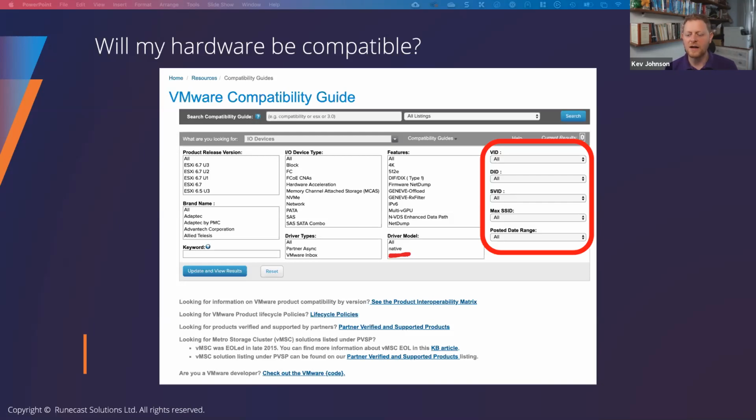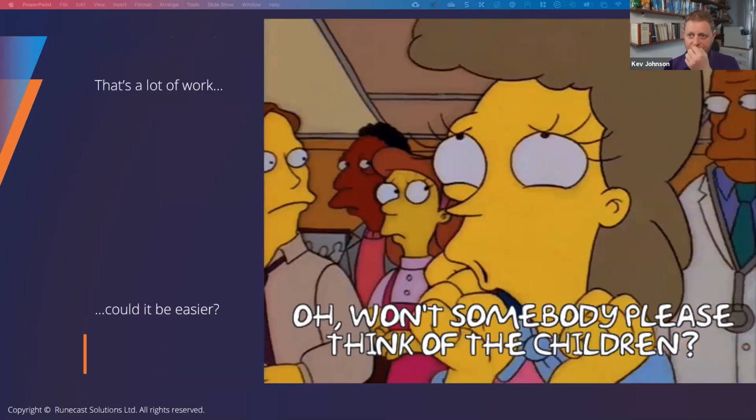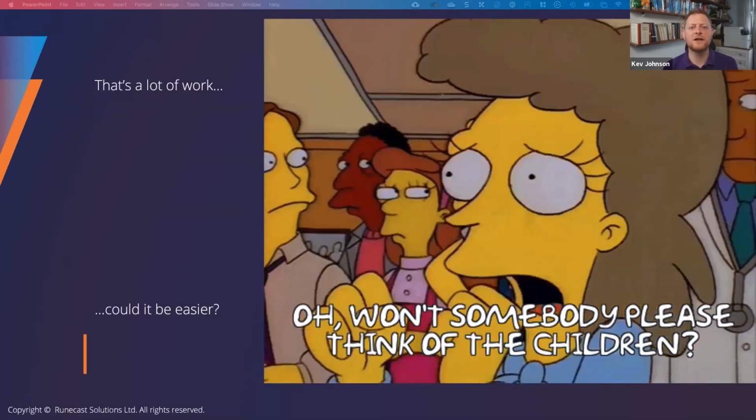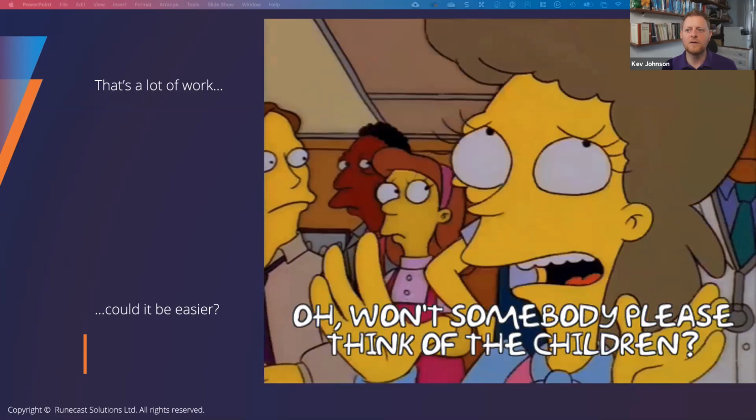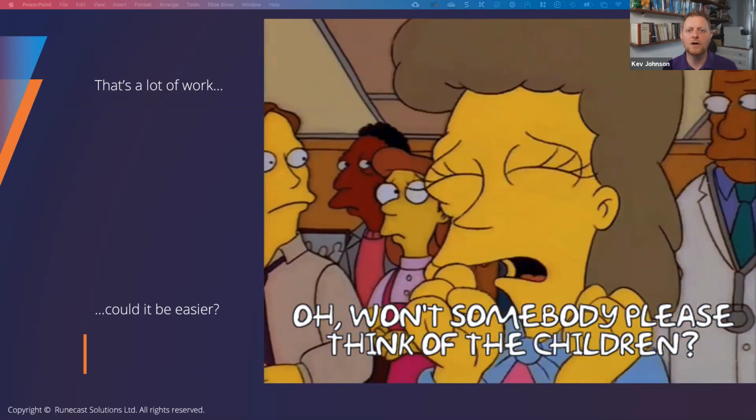Otherwise, you're going to see things like, I've seen a few people on Twitter over the last couple of days: I've upgraded my lab on day 1, and now my 10 gig cards don't work. It's like, well, okay, did you check the HCL? Have you made sure that there's a driver for vSphere 7? A lot of people still didn't realize, even though VMK Linux was deprecated a long time ago, that you had these things to cover off. So we have to validate that for every single server, every single I/O device. Anything that's in our environment, we have to check and make sure it's going to work,